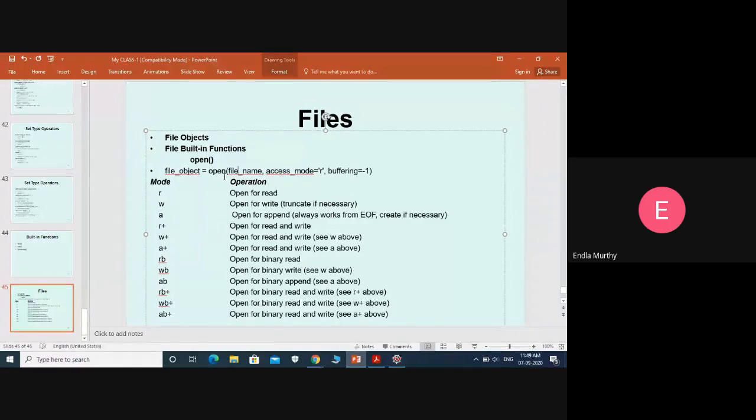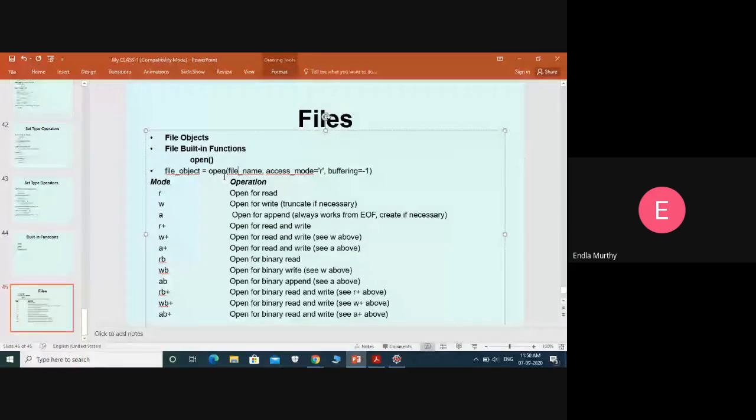Now when we want to create a new file and write something into that file, if you open it in the read mode, it may not be possible. To open a file in read mode, the file must already exist. If the file does not exist, you may get an error if you open it in the read mode. But if you open it in the write mode and the file already exists, the write mode truncates all the data you have in the file, and it opens as a new file, right?